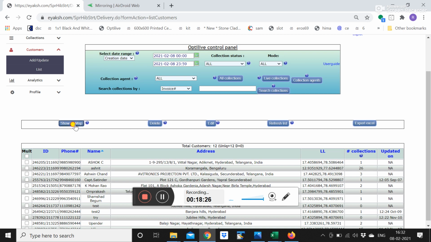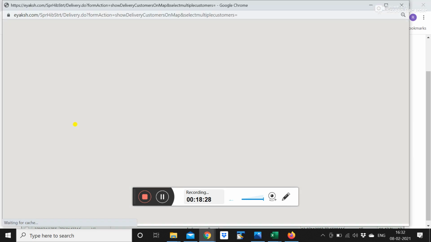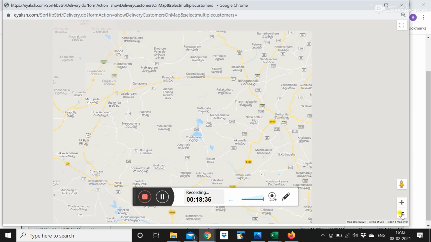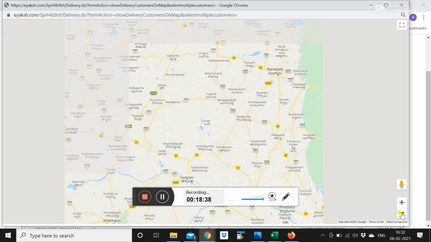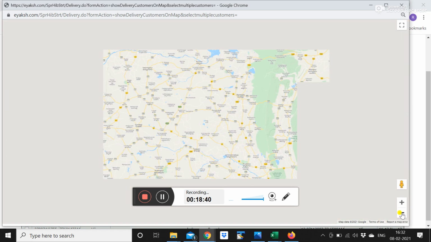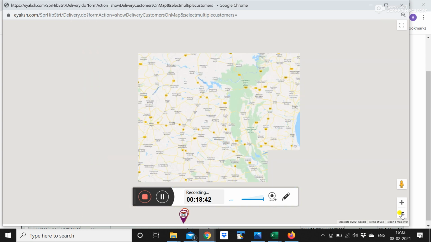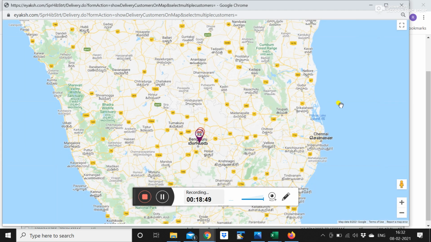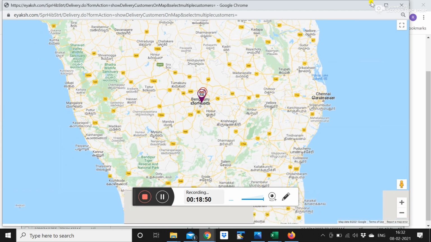Once you do show on map, it will show you the density of your customers, from which area you are getting more information and from which area you are getting less. All that information can be captured, which is at a management level. It gives you a pretty good idea of where you should focus. So this will show you your customer list.